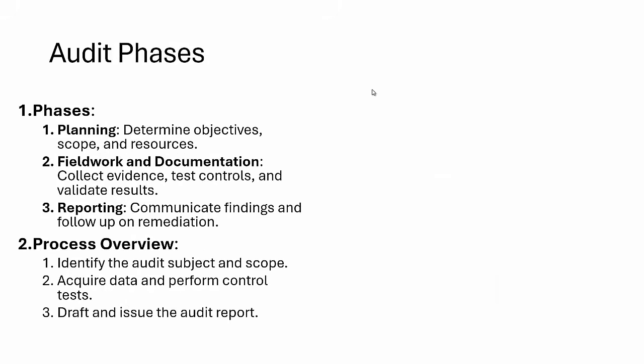An audit has phases, which we already discussed previously. The first step is planning, where we determine the objective, scope, and resources. Then we do the actual audit. Let's say I'm doing an audit of the change management process. I will define the scope in the audit plan: which department or which zone of change management we are auditing. We're doing a change management audit of the India division. That is the scope. For resources, how many auditors will be involved. Then we collect the documents, review the documents, schedule the meetings to confirm the documents, test the controls, look at the logs, and then we prepare the report.